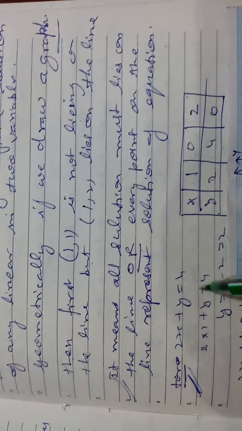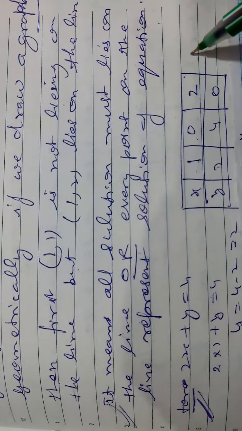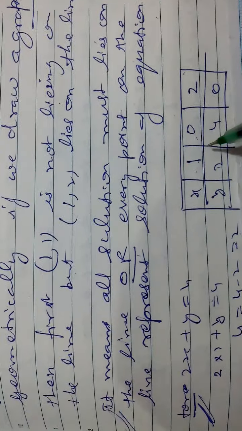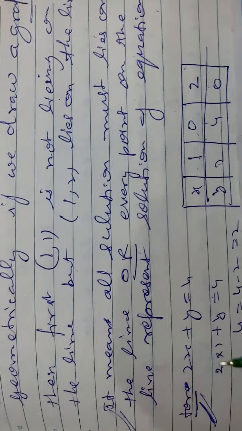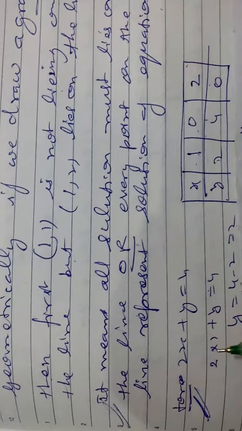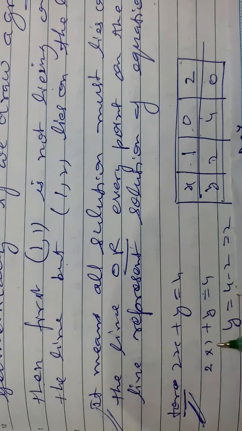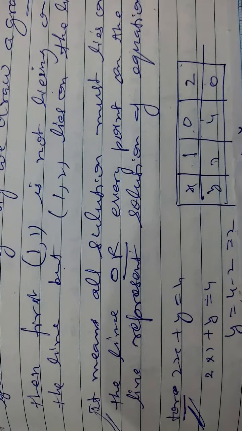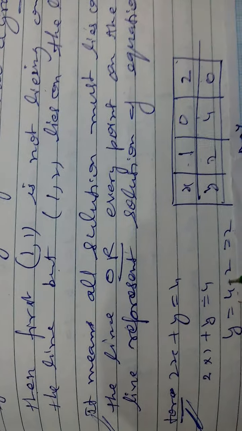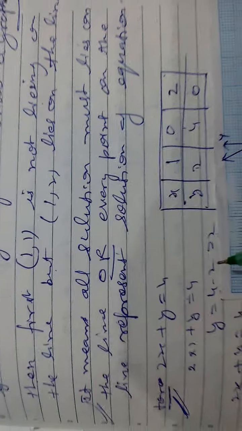For this you will draw a line for 2x + y = 4. How will you plot it? First of all we make a table, as in class 9. Get at least 2 solutions. Minimum 2, but I have found 3 here. How? Put any value of x, but try to put a value which gives you the result in whole numbers, not in decimals.